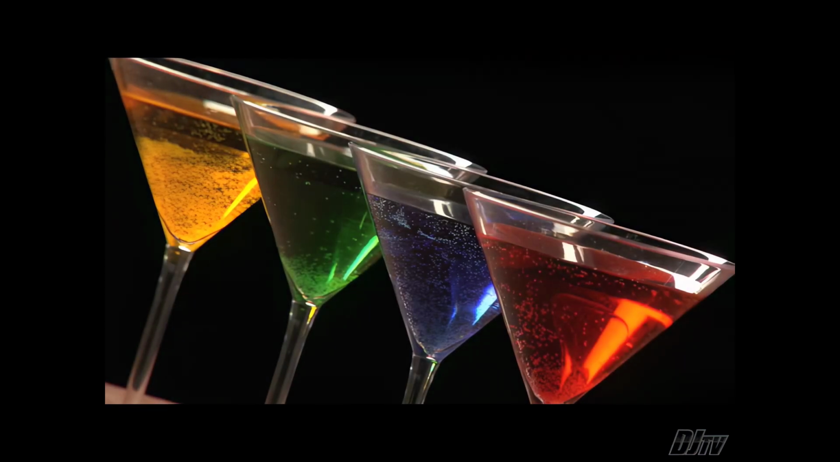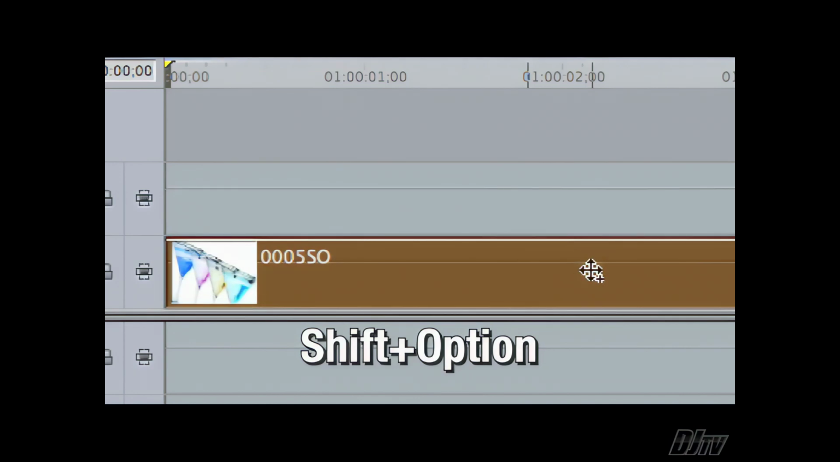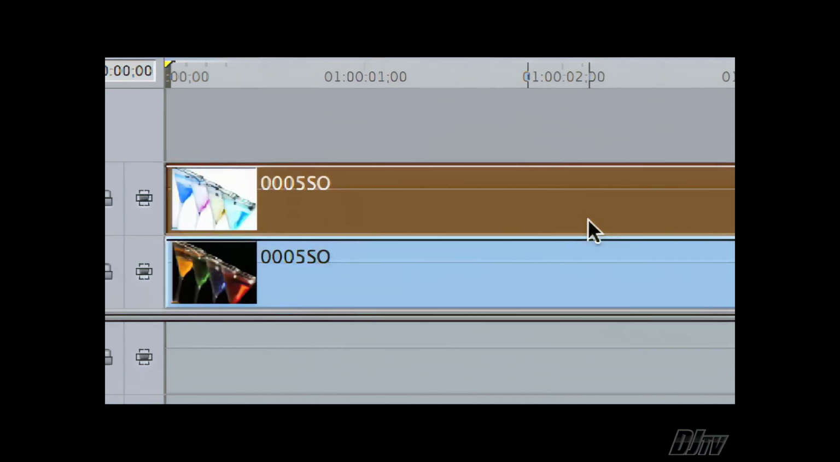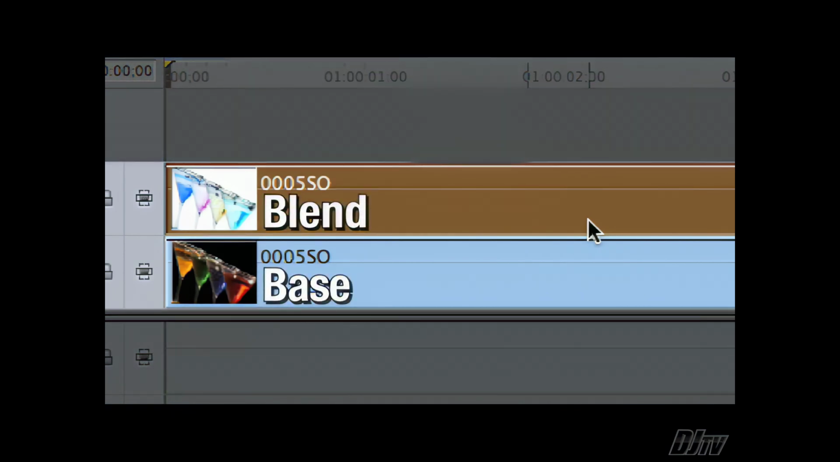Let's take another shot here. We're going to brighten and diffuse this image, make it kind of dreamy. I'm going to hold down the Shift and Option keys while I click and drag my clip in the timeline to the next layer up. Notice that it's copied the clip, so now I have two instances of the same clip synced up, stacked together